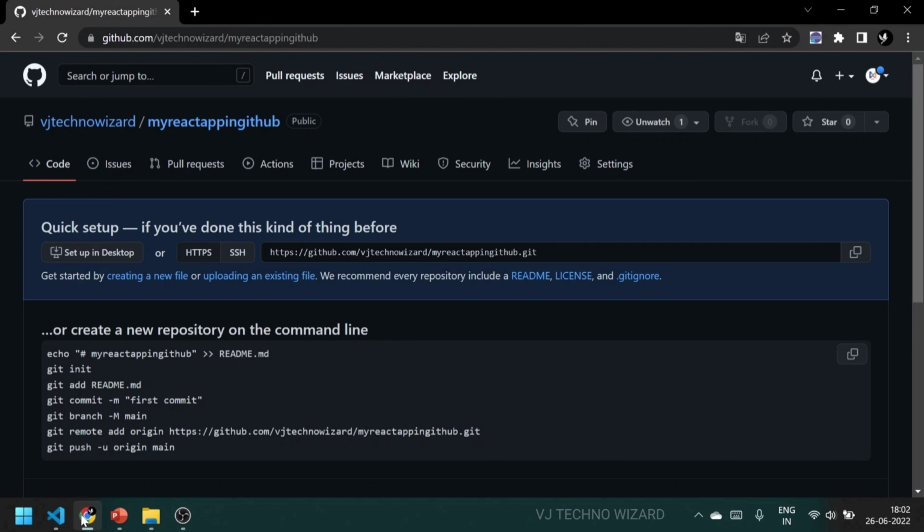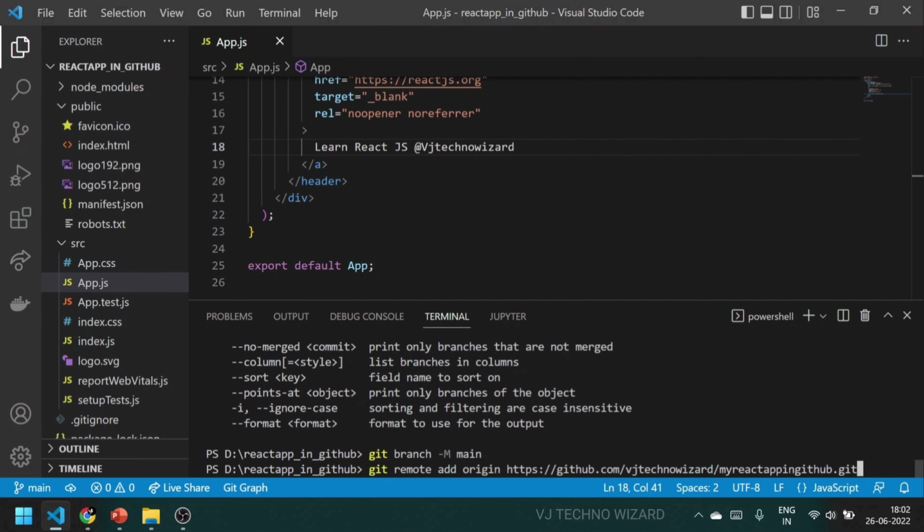So just go to GitHub, and you already created that repository. Just copy this path, https://github.com/ this is your GitHub account name, and / this is your repository name, my react app in github. Now Git knows this is the path. We need to push all the files into this remote repository. Okay,